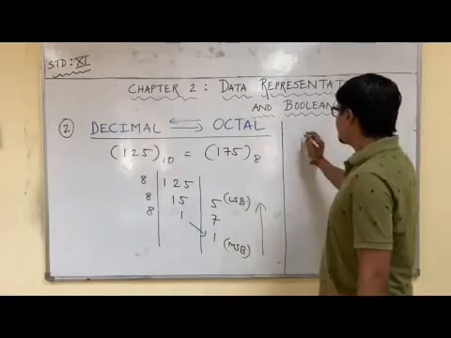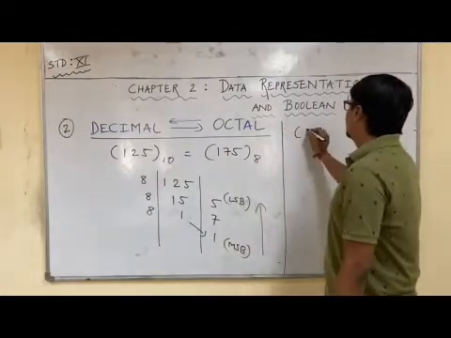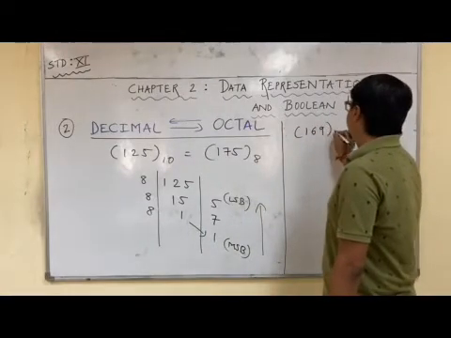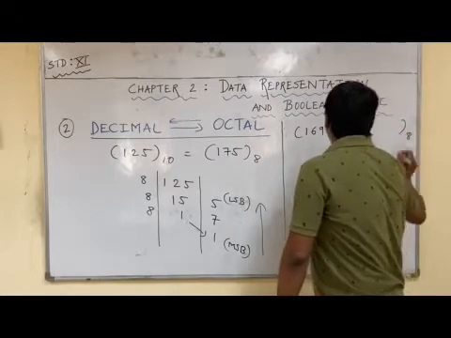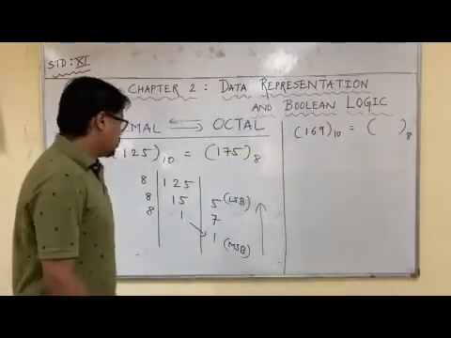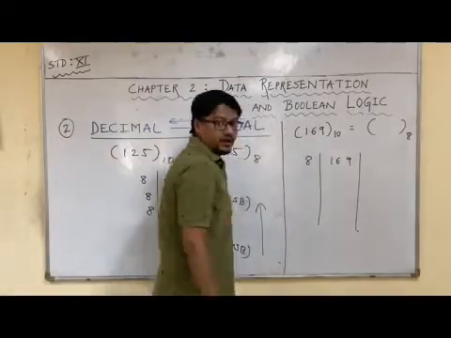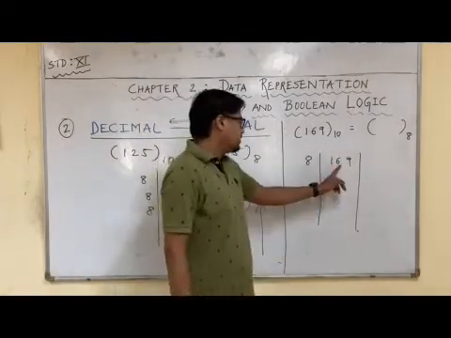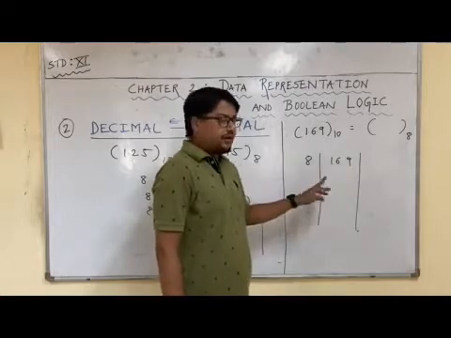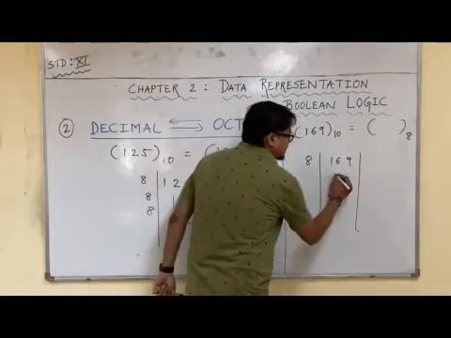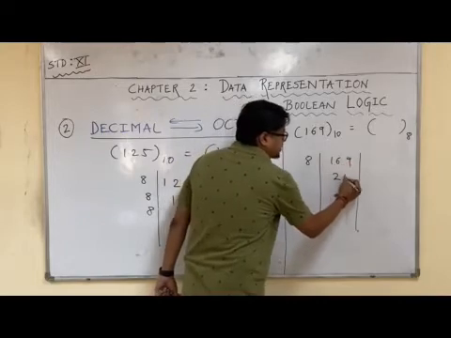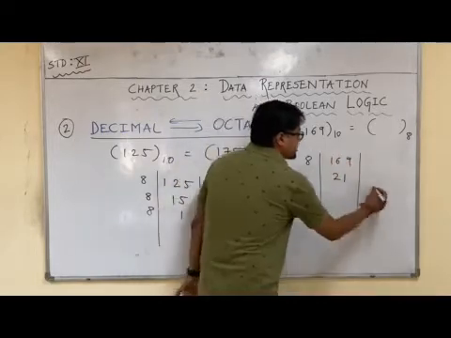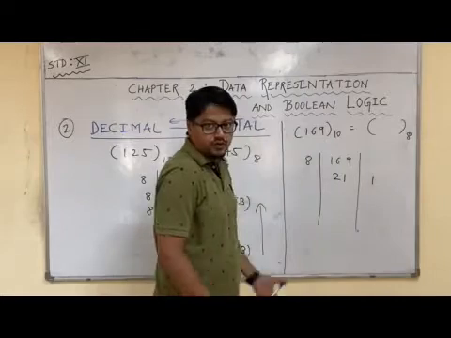Say I want to convert 169 in decimal into some XYZ number in octal. Okay, so let me start. We will try to do it verbally only. 169 divided by 8. 8 2s are 16. This is done, 9 is left. 8 ones are 8. So what is the remainder? 1. Okay, you can check it once more.